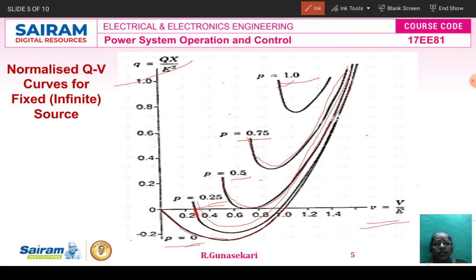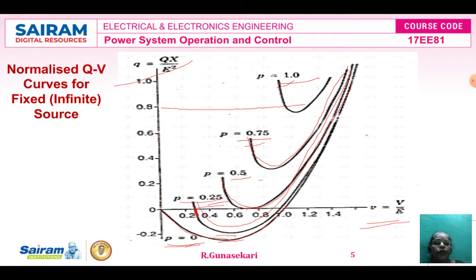You see, depending on this, when P is equal to 0, the Q is a negative value. Then P is equal to 0.25, the Q also is a negative value. Okay, again P is equal to 0.5, that means Q is equal to 0 value. If the real power P is equal to 0.75, that means the reactive power Q increases. Then again P is equal to 1.0, you see this is the reactive power. So based on the real power value P, the Q value increases. This is the analysis of QV curves. From this end we can identify the voltage also.